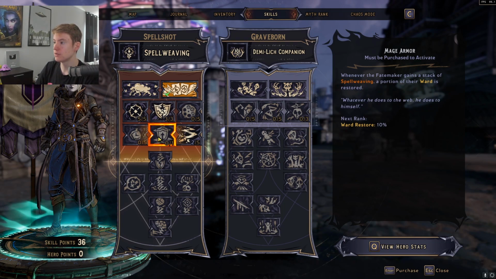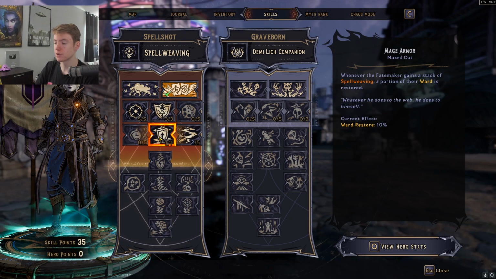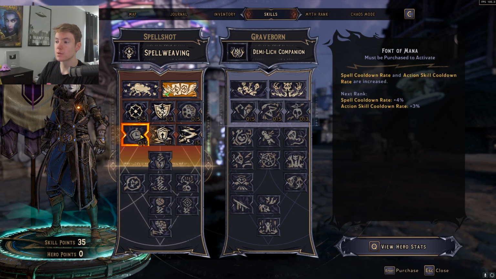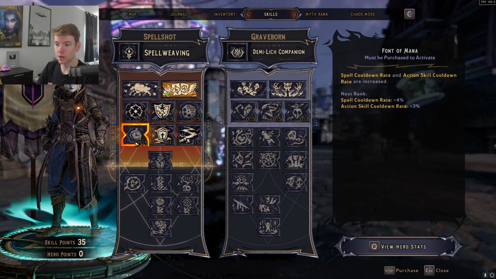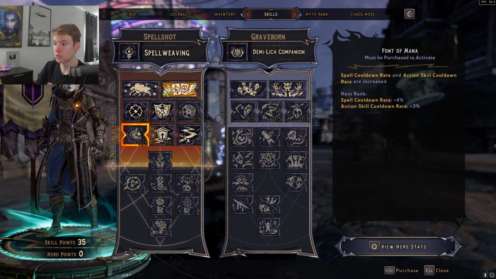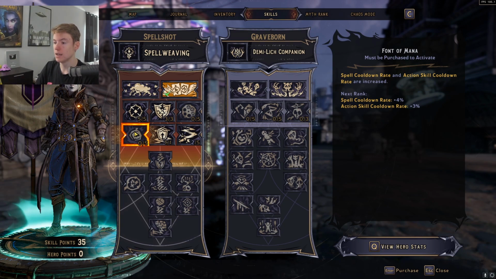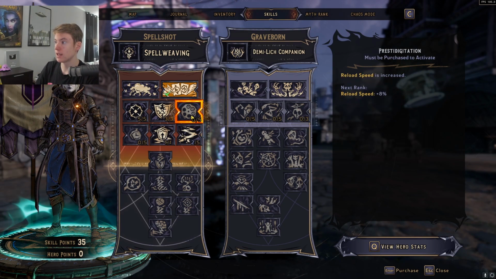The next thing that we want to go into is whenever you gain a stack of Spellweaving, a portion of your ward is restored. This is really good for survivability. It is only 10%, but it's also only going to cost you 1 point, and you're going to be casting spells very frequently. In terms of the other things that you want, early on, you can use Font of Mana to give yourself some spell cooldown rate, but late game, we're going to be using the Capstone trait, which is pretty much going to instantly reset all of our skills. So late game, we don't really care about spell cooldown rate, but early game spell cooldown rate is pretty good because your cooldowns are going to be pretty long, and you're not going to have that trait that's going to instantly reset things. Otherwise, what's really good is that we get this flat reload speed in the form of